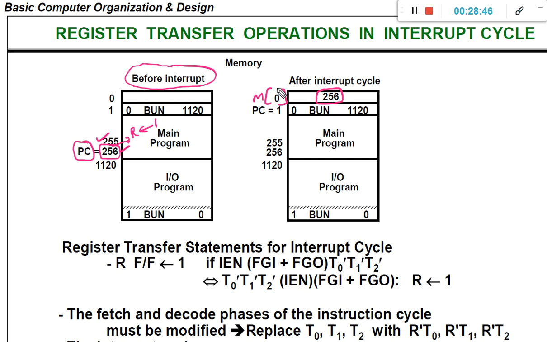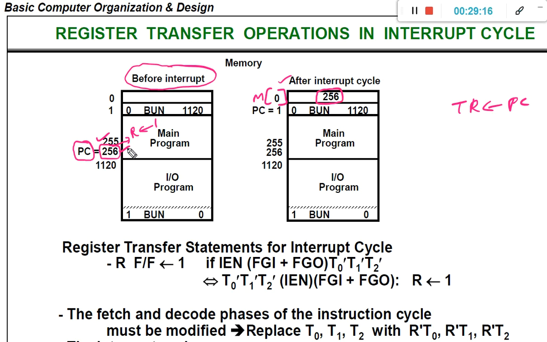However, in this example we are storing it in M of 0. Sometimes we may store it in a register also, such as a temporary register. That will be based on the computer architecture. So I am storing the 256 value in M of 0. Why am I storing it? Because I need to come back and execute the next instruction as usual after the completion of the interrupt cycle.